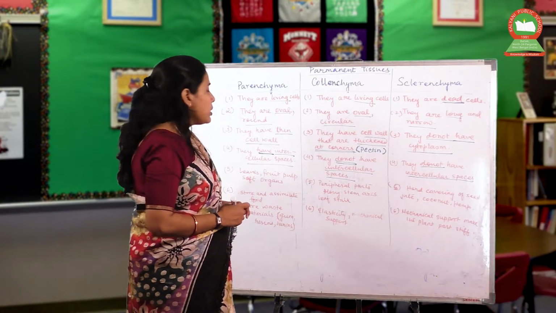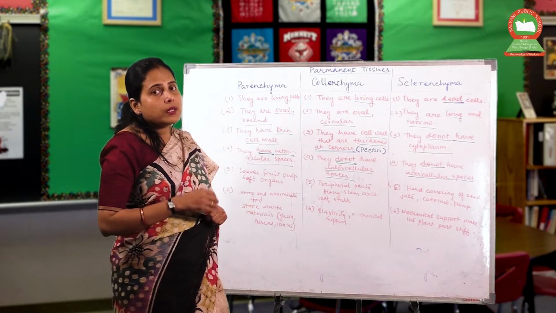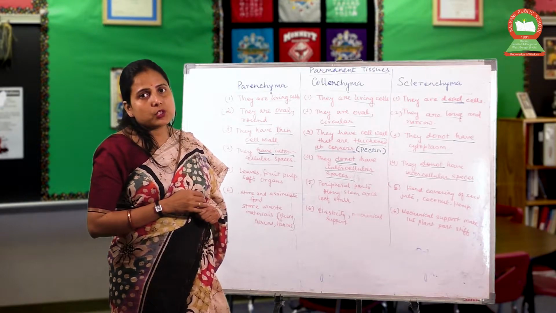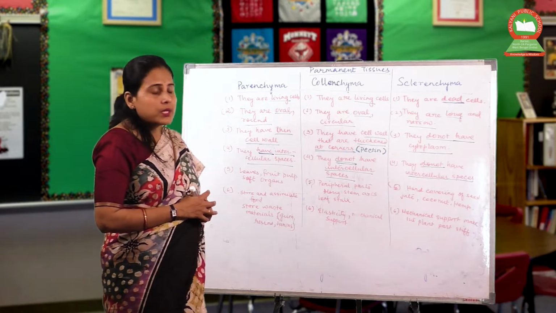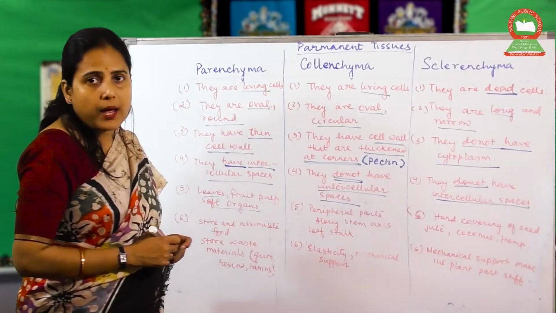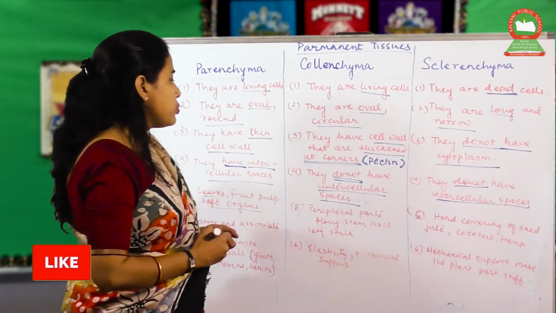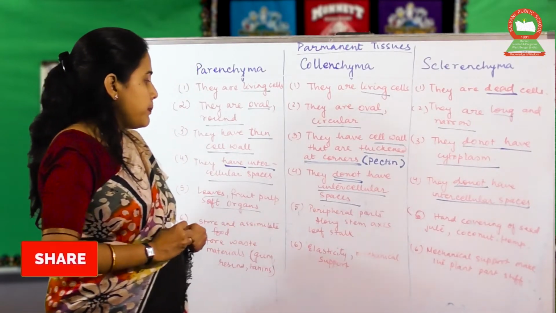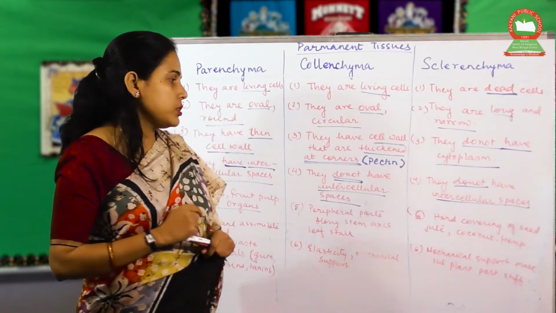Now coming to the places where we would find these types of tissues. The places where parenchyma tissues are found are the soft parts of the plant, like the leaves and the fruit pulps, the soft organs of the plants, whereas the collenchyma tissues are found at the peripheral part of the plant, or you can say the stem axis or the stem stalks.